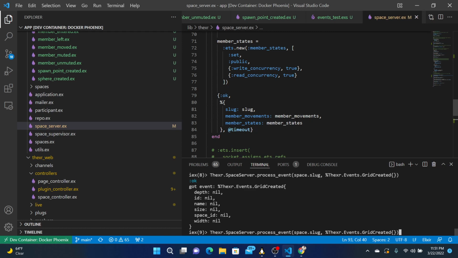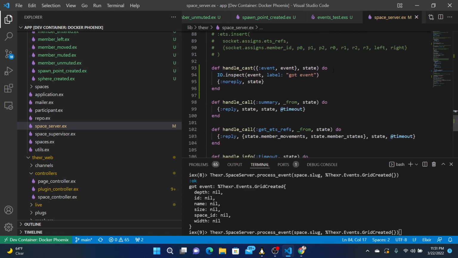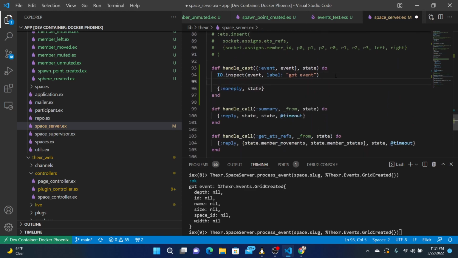These are two ets tables. Maybe these should be someplace else. But anyway, events could be this. And every time we get something, we can just pop that into state dot events.